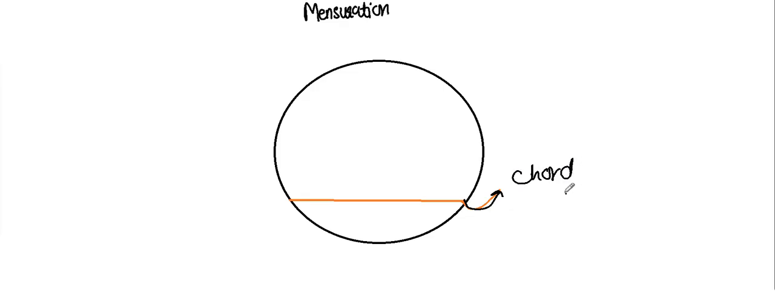Now, here we have a circle, and here we have a line that touches two parts of the circle, that is touching the circle at two different points. Okay, this sort of a line is called a chord. Not a chord, a chord. What is a chord? Chord is any line